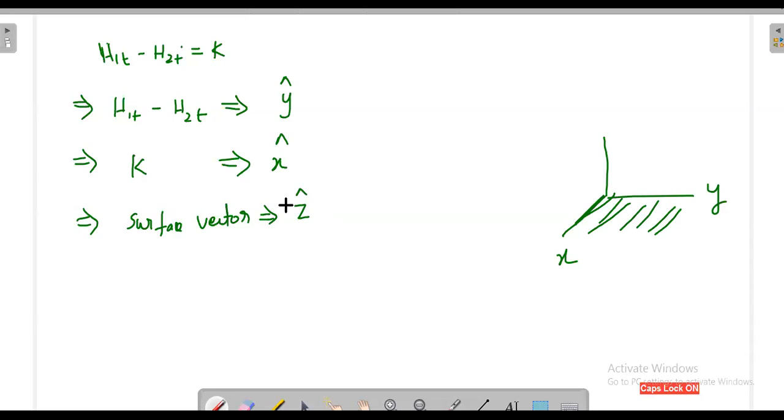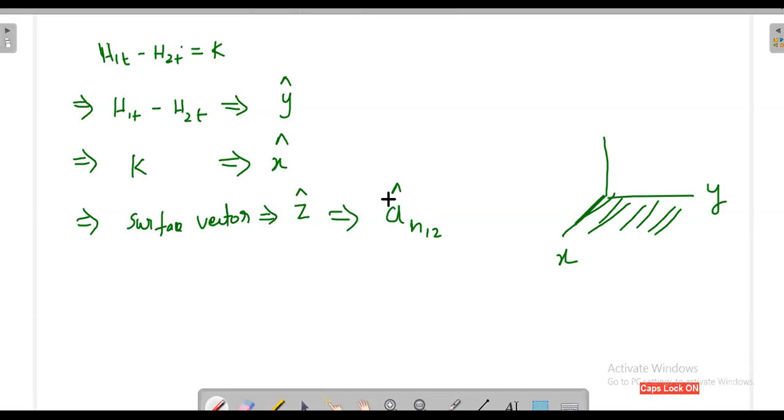Now, can somebody tell me how I can form the relationship for the surface vector z cap? Z cap is the direction of the normal vector going from medium 1 to 2. The normal component is going in the z direction. If we go from medium 1 to 2, that will give you the direction of z cap in our case. Is there any interrelationship between all these things? What is the final idea?